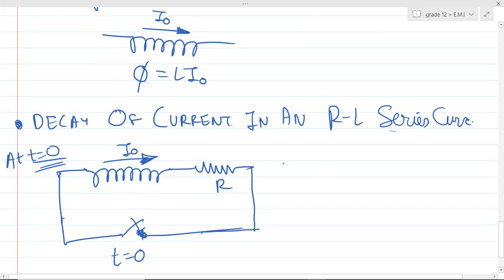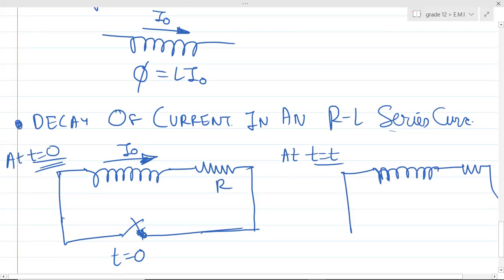Yes, sir. Okay. Now what will happen if I take it general? After a certain time, the current will start flowing through the circuit. This resistor will start dissipating some energy. This inductor will start opposing the current flow, right? So basically the current in the circuit will start decreasing. So at any general time t, if I say the current which flows through the circuit is I,